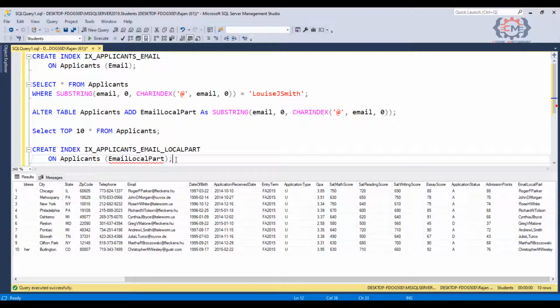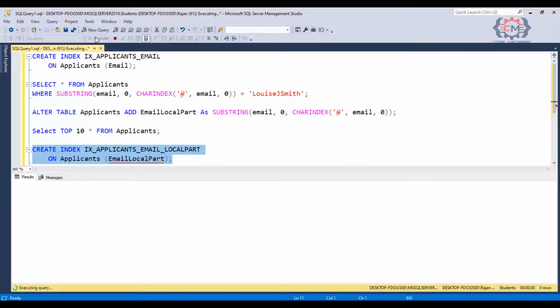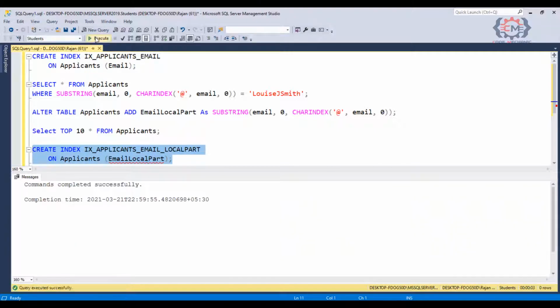What we can do now though is create an index over this column. So let's do that. You see the create index syntax looks just like any other index that we might create. What will happen though, when we run this create index statement, is that SQL Server is going to compute all of the values of this computed column for each row of the table, and it's going to store those computed values in the index. So let's go ahead and get this index created.